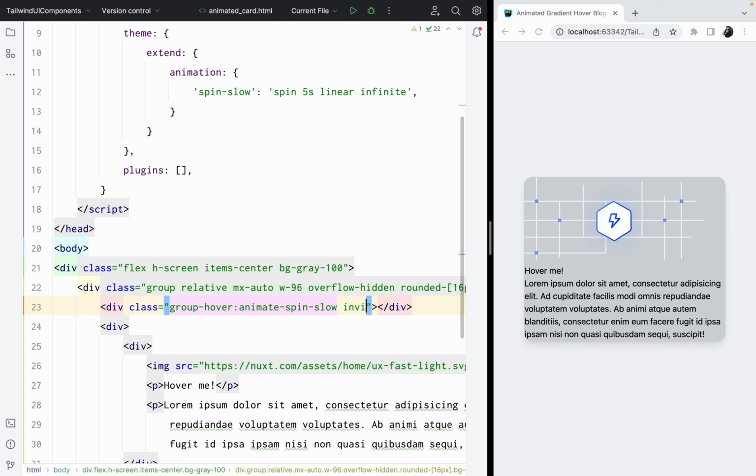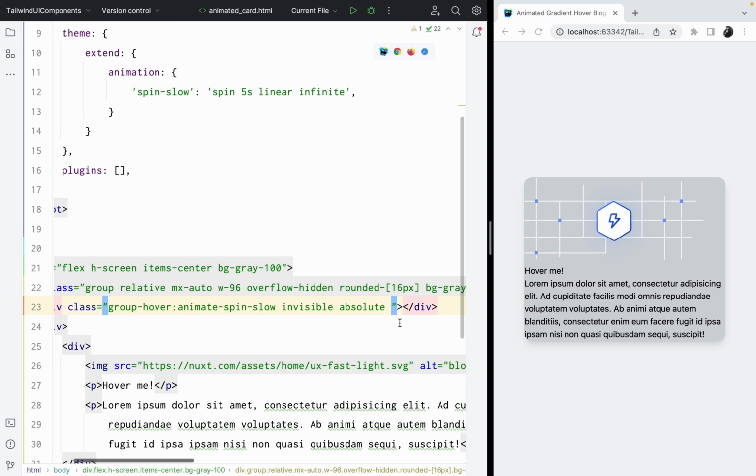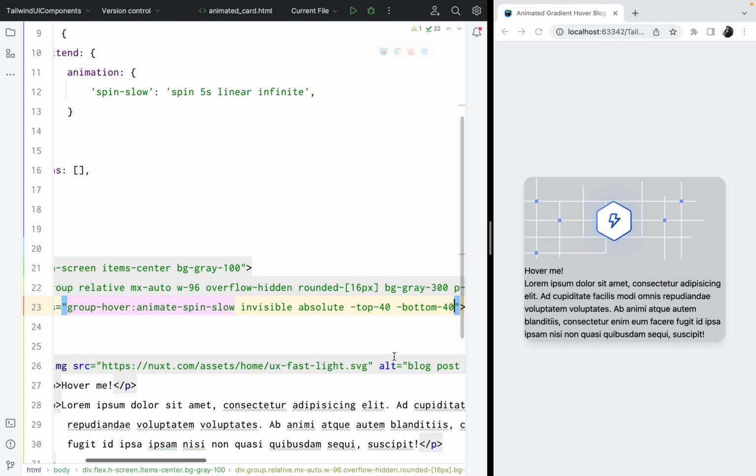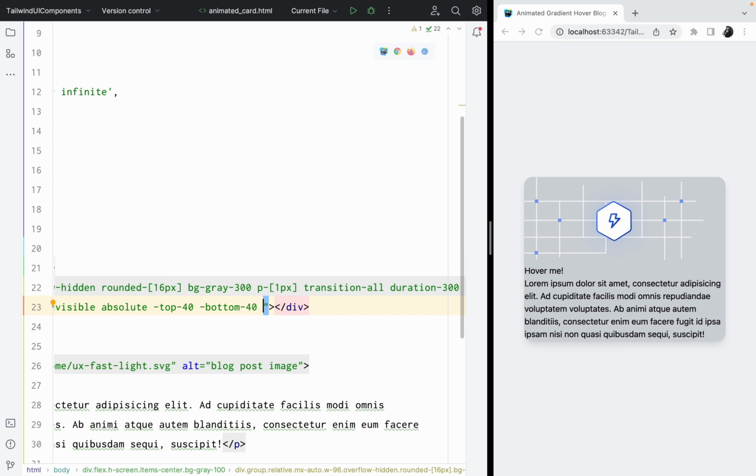Okay, invisible. Okay, nice. Absolute, display absolute, top -40, and bottom 40 again, and the left of 10, and the right of 10,